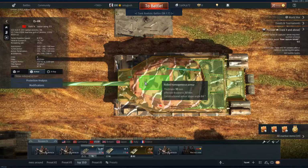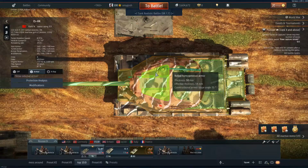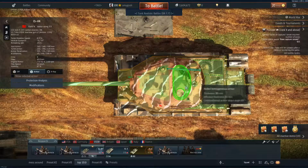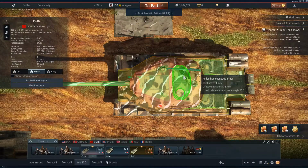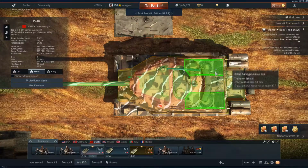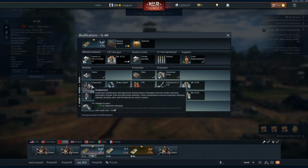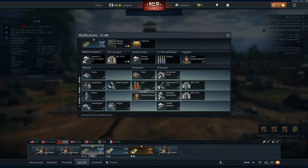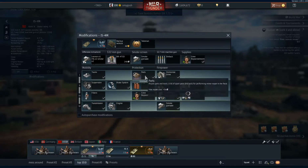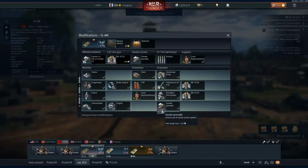Overall top armour for this vehicle is a conglomeration of 30mm for the port to access the breach, a conglomeration of 50mm, another 30 over where you would imagine the commander to be sitting, and 30mm strewn about the place over the engine compartment. I thought I would cover the modification research for the IS-3 and IS-4M in the exact same order. First, you want parts, FPE, then you want to go for all of your gun performance ones, and